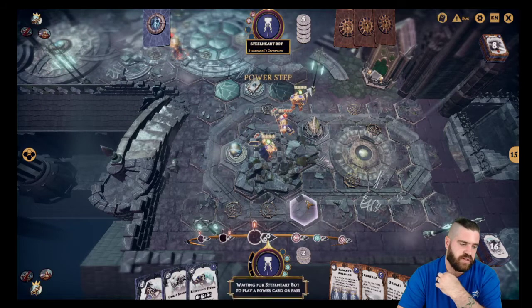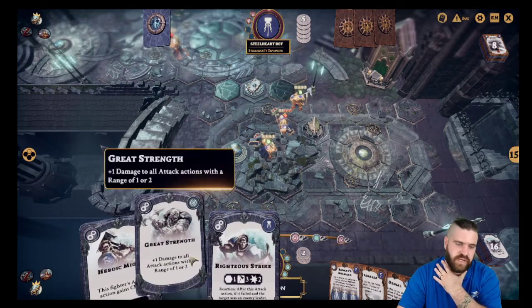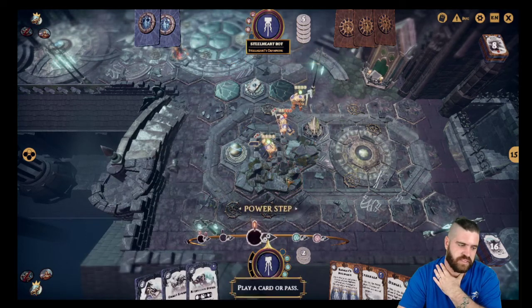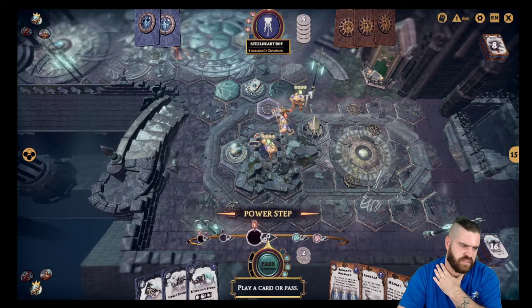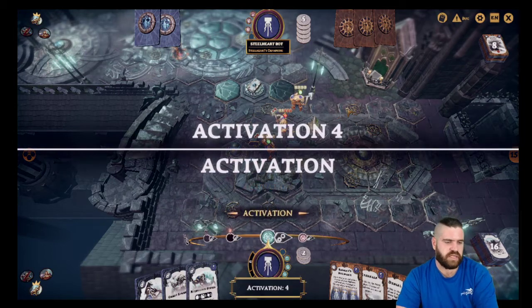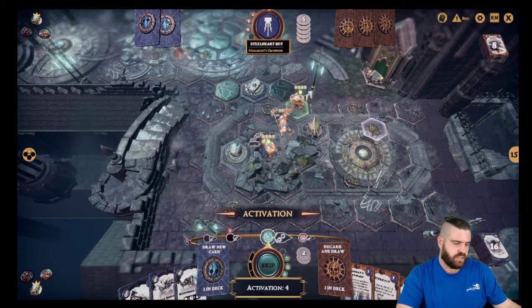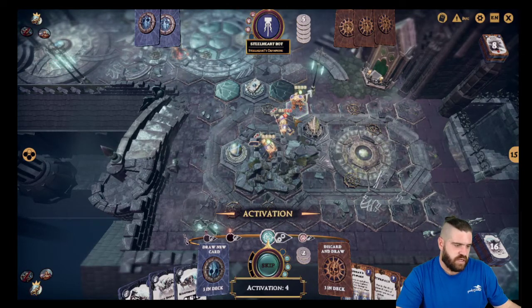We'll pass. We've got nothing to play because we don't have any ploys. We only have upgrades, and of course you need glory to play your upgrades. Looks like they did something. Can't tell what. We'll pass. Once we've both passed, sequentially, it goes. So now it is